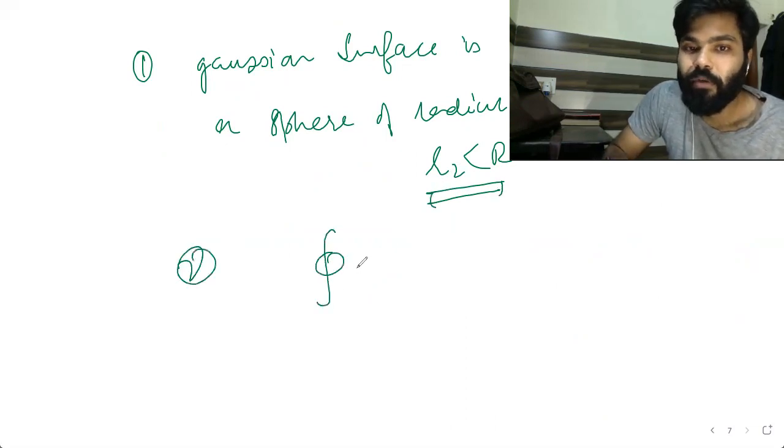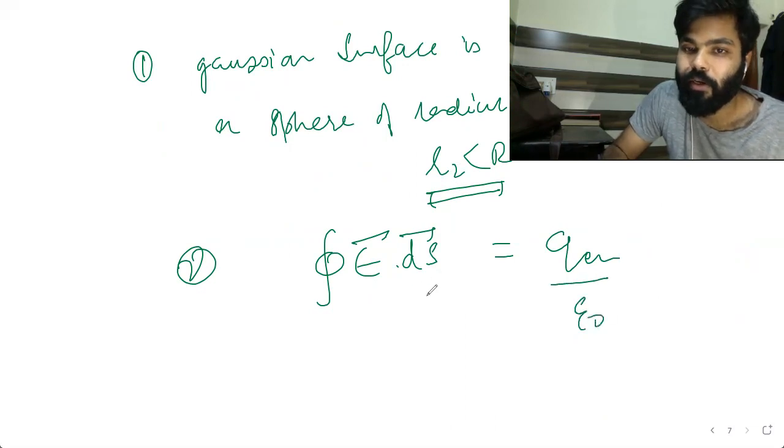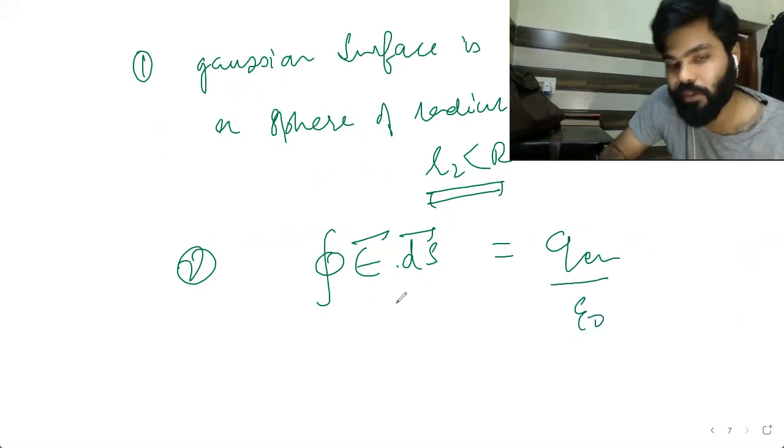The second step is to formulate Gauss's law mathematically. The integral of E dot ds is nothing but q enclosed by it over epsilon naught, and E dot ds is E ds because once again the angle between